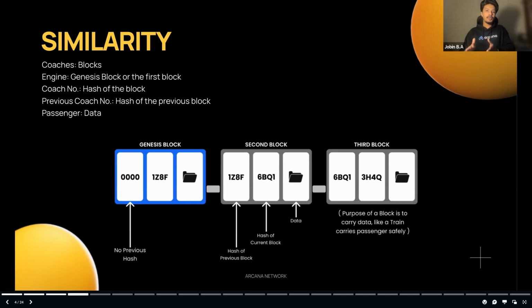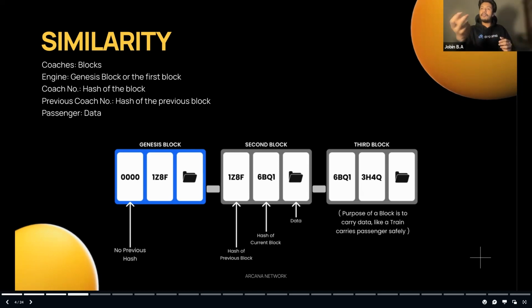Don't get confused with this technical word. Hash is nothing but exactly like the coach number, S1, S2. Or simply, if you have been in school or college, you have a roll number. It's a combination of numbers and letters. If you are from IIT B, then your roll number might be IIT B 1 2 CSE 2022 batch. That might be the sequence of the entire roll number. Or you might just have a number like 1, 2, or 3, 4, or 5, 6. That's it. That might be a roll number.